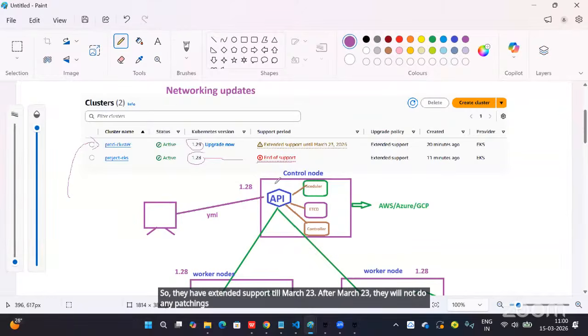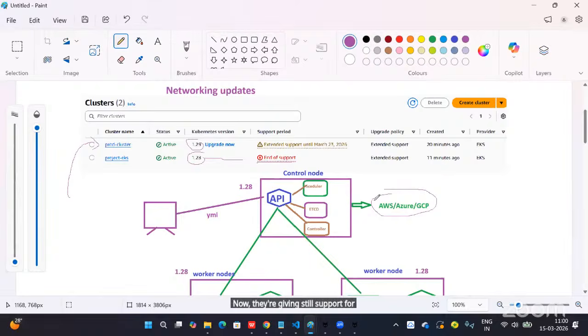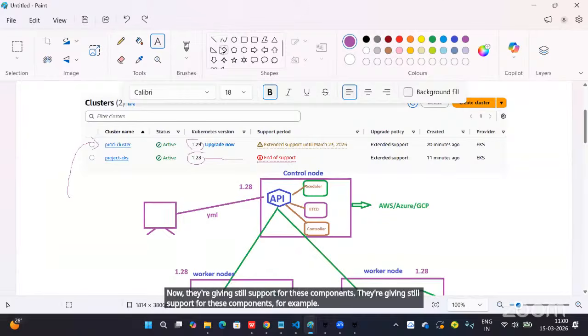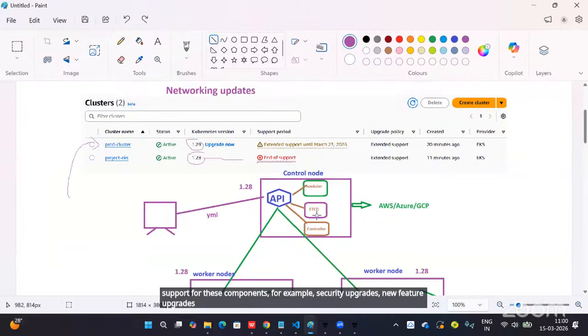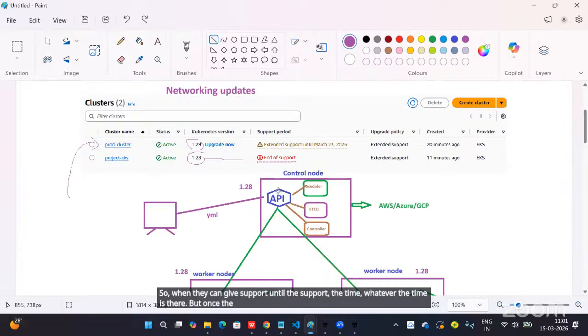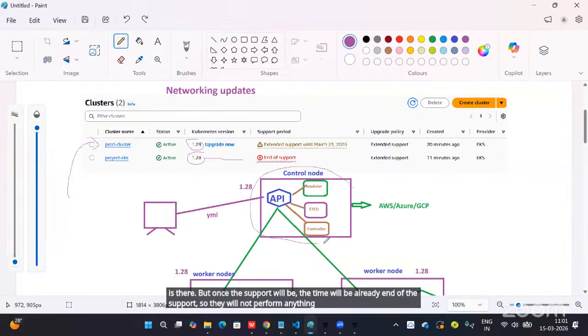That means your control plane, which comes under AWS, Azure, GCP, whichever cloud you are using, they are still giving support for these components, for example security upgrades, new feature upgrades, anything here. They give support until the end of the support time. But once that time ends, they will not perform anything on this control plane.